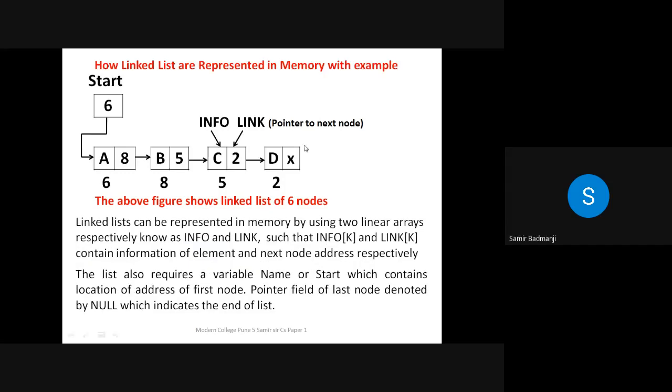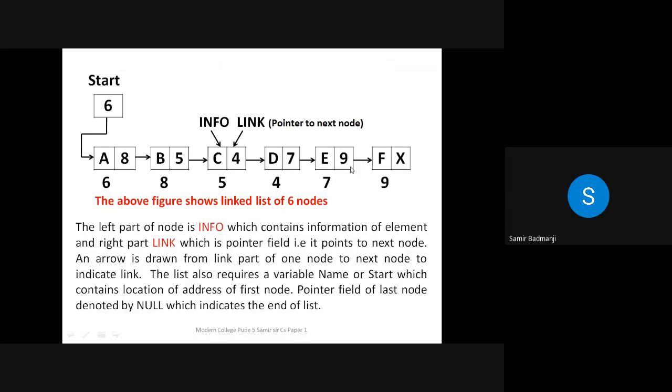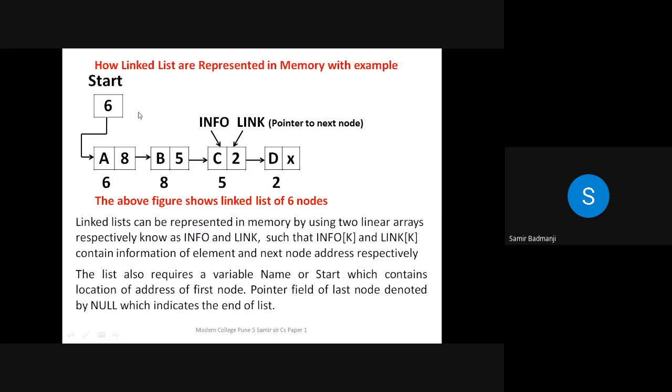So same linked list I have here taken. I have just taken 4 nodes here. See here 6 nodes were there. In exam, if specifically nodes are asked either 4, 5, 6, then you have to draw accordingly. If nothing is asked, then take minimum 4 nodes and show the linked list. See again I have shown here